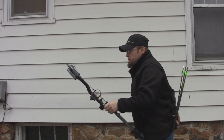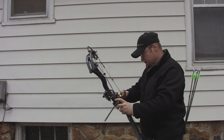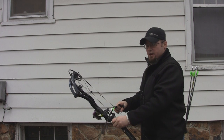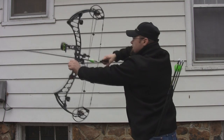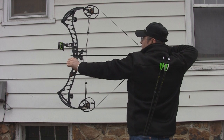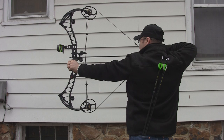Now, what you're going to run into with this is you're going to lose a little bit of speed from the performance setting to the comfort setting. It wasn't a whole lot. You can see from the chronograph results that this bow is still plenty fast on the comfort setting. It's not as fast as on the performance setting, but it's still plenty fast and absolutely smooth as can be. When you get it back, you're just holding nothing. If you want to let up on this bow with this setting, it feels like you almost have to push it down. It's absolutely comfortable to hold and